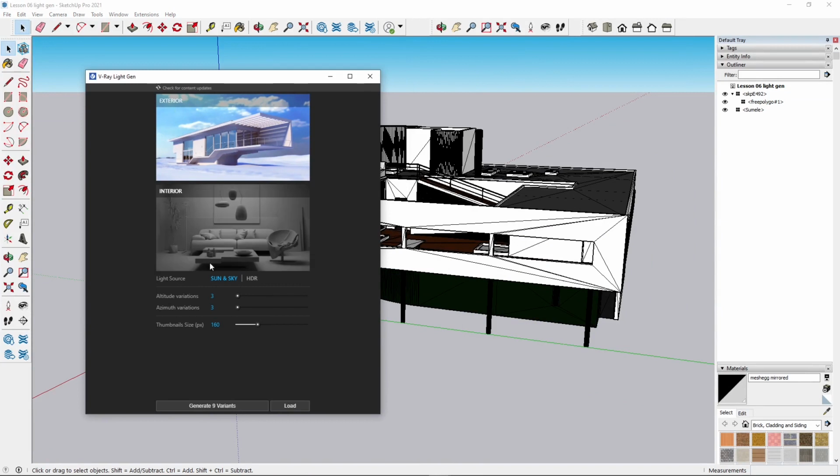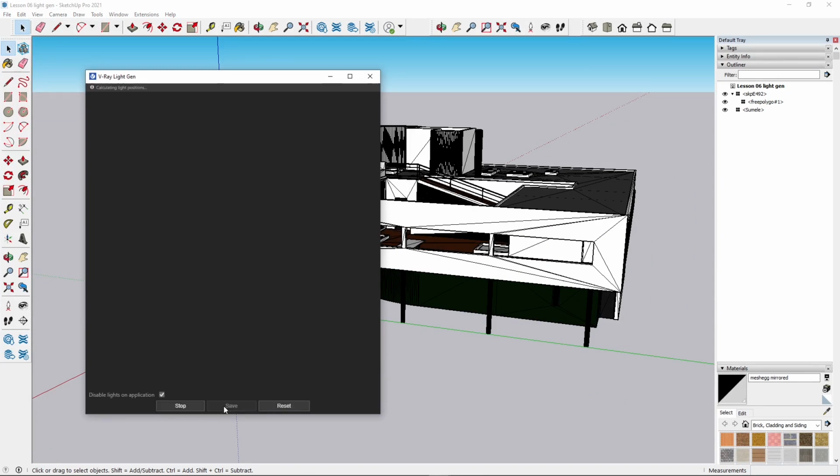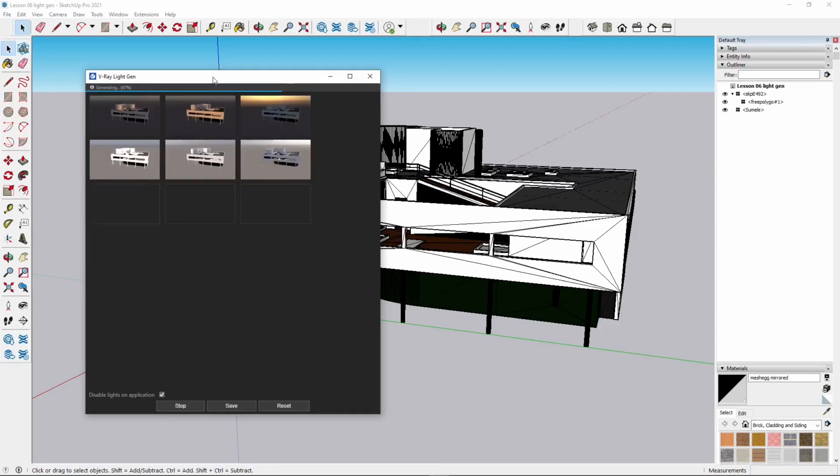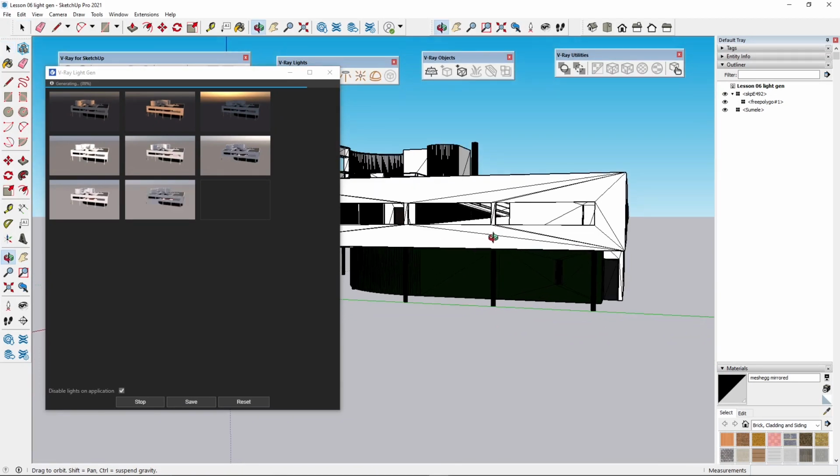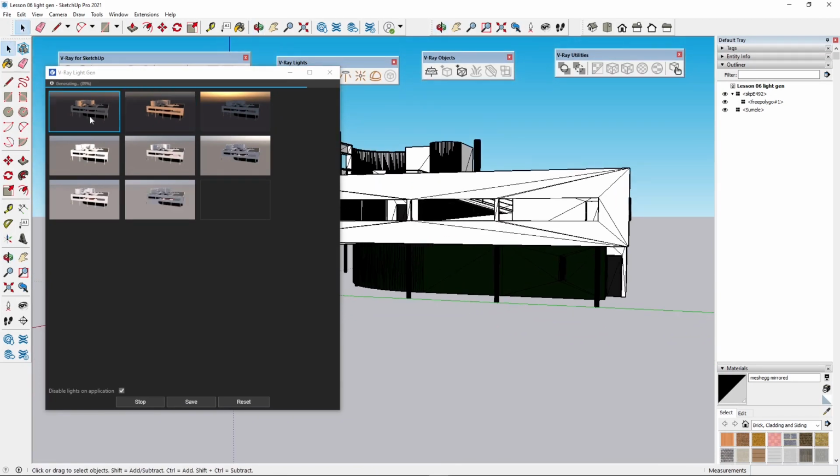So I will just generate first the sun and sky and say generate 9 variants, and then we're gonna see the results here after a few seconds. Now it's also important to set the correct view, because this is gonna generate 9 different versions of the lighting, but